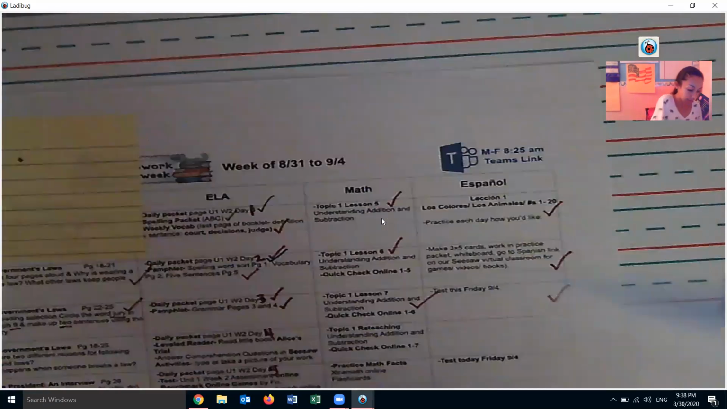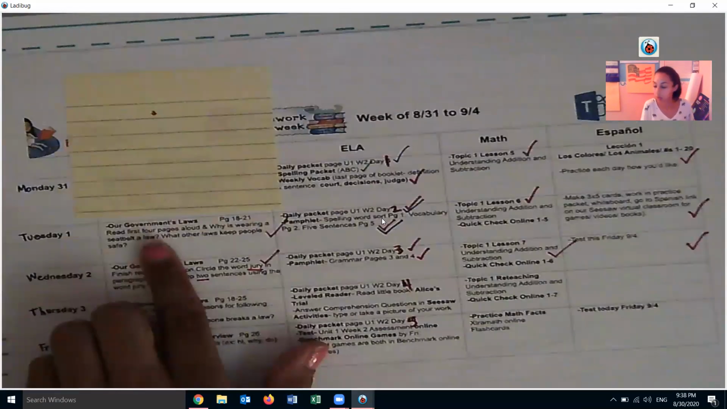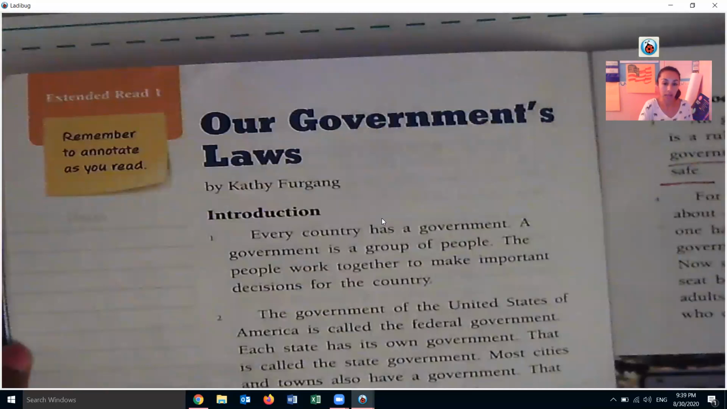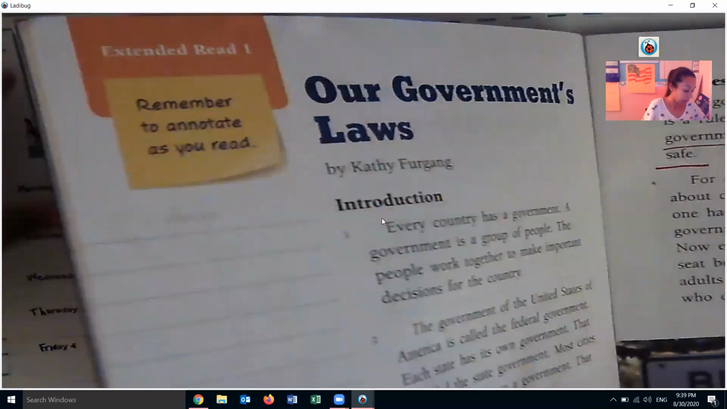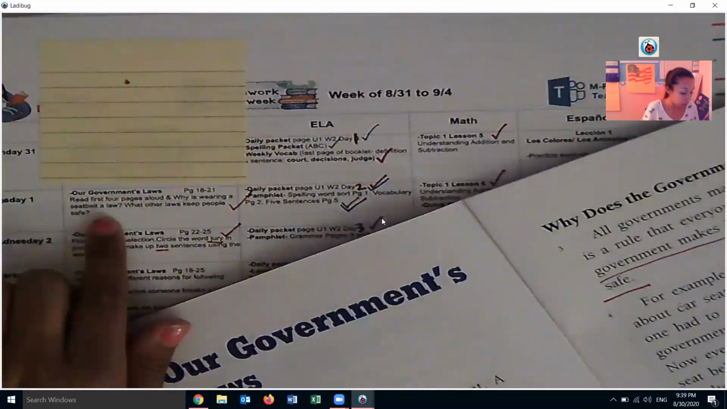Okay, so then that leaves us here with spelling word sort, check, vocabulary, check, and 5 sentences. Okay, Tuesday, we're also going into our government booklet. And in our government booklet, we're reading pages 18 through 21. So that's our government's laws. And when we're reading this, it's going to say, read just the first 4 pages, so just 18 through